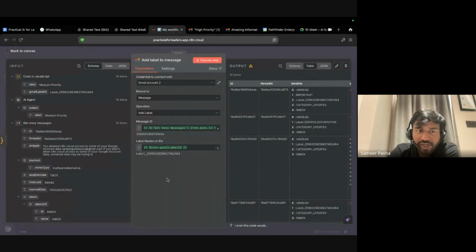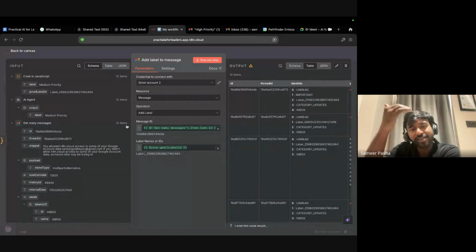Also, since the number of output items here are the same, I could have passed on even the ID in all the nodes and would have got it. But since it's the same 10 items and in the same order, I'm copy pasting or dragging from a different node. If that's an issue, you can pass on the ID in all the nodes, in the AI agent node, even in the JavaScript node.